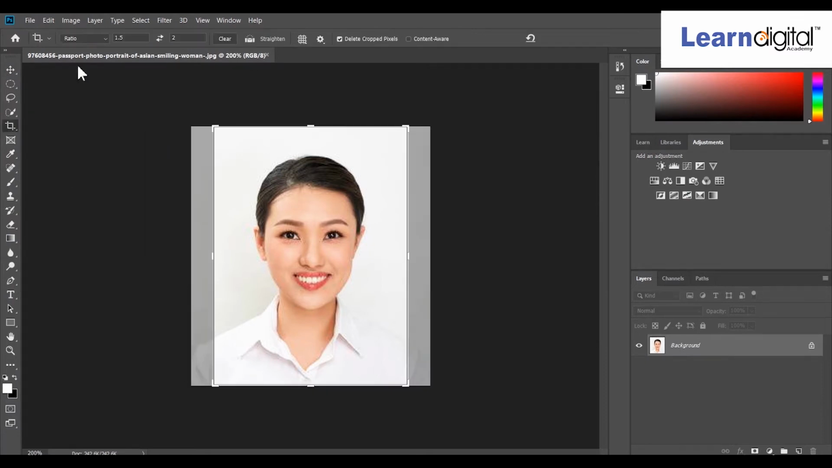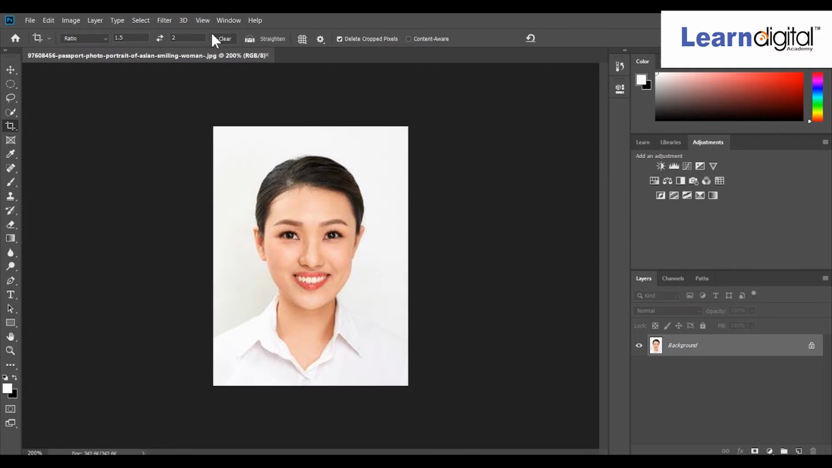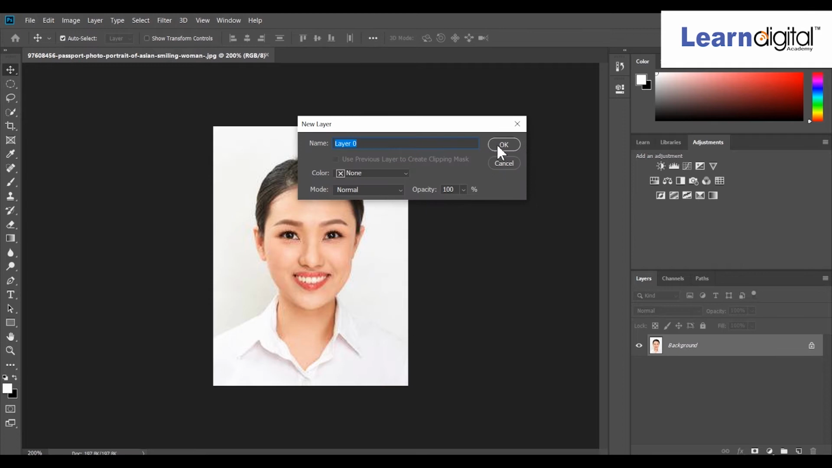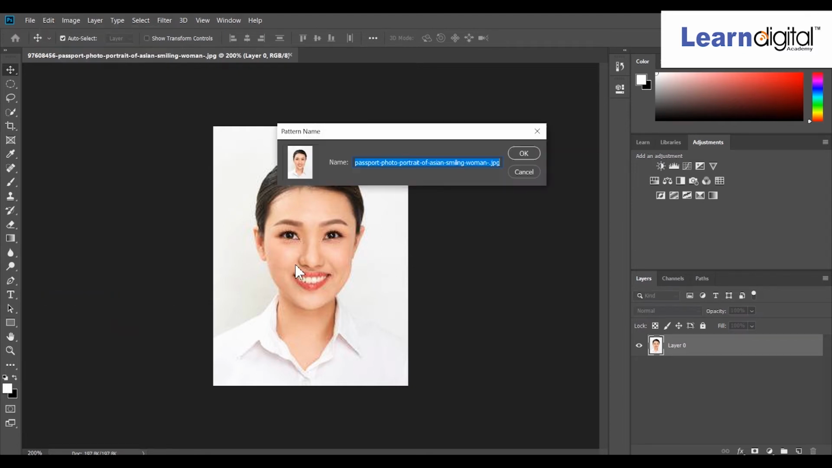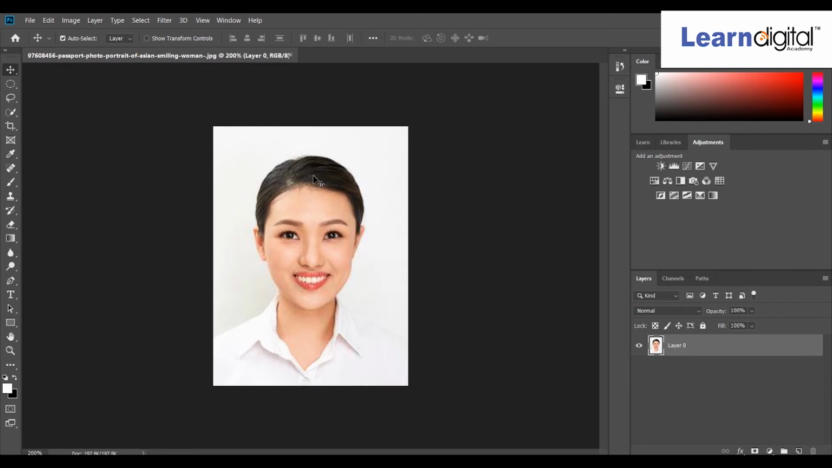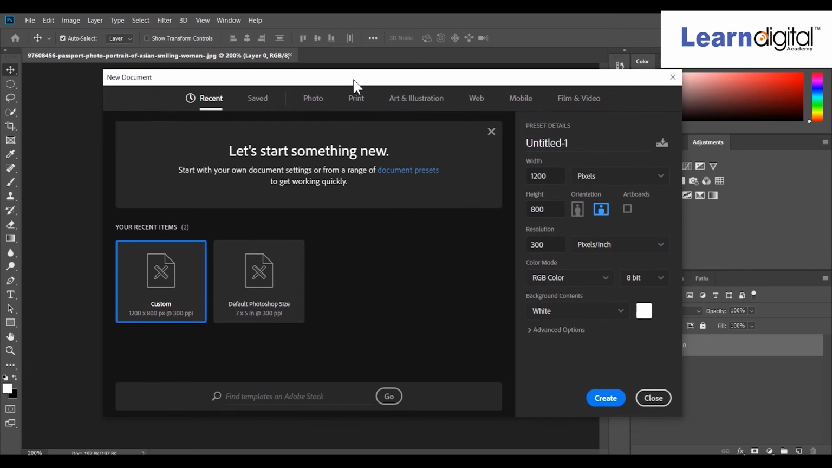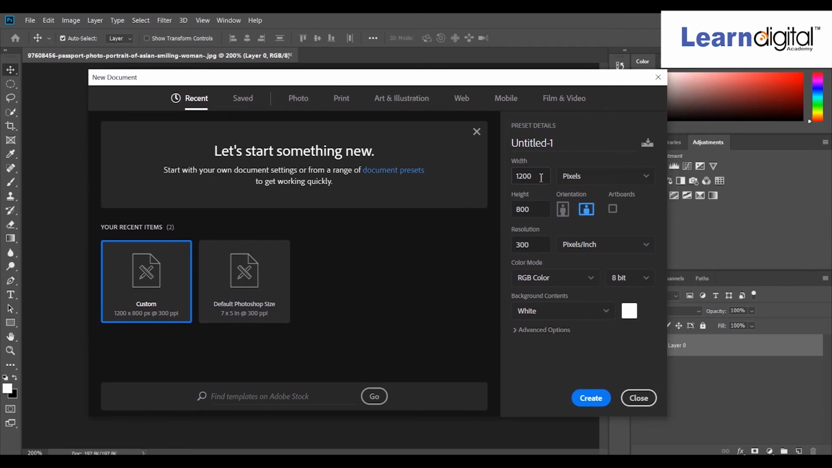So using the crop tool, give a ratio of 1:5 under 2, then apply crop. So once it is done, go to selection tool, unlock your layer, so edit, define pattern. Okay. So once it is done, file, create a new document with 1200 pixels by 800 pixels, then